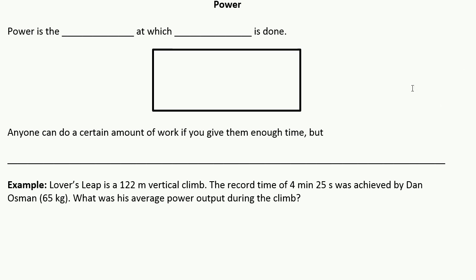Power is defined as the rate at which work is done. So just like we defined energy in terms of work, energy was the ability to do work, we're defining power in terms of work. It's the rate at which work is done, how quickly work is being done. So you can maybe guess from that the equation for power would have something to do with work and something to do with the time it takes to do that work. And indeed, the equation for power looks like this. It's the work done divided by the change in time while that work was being done.